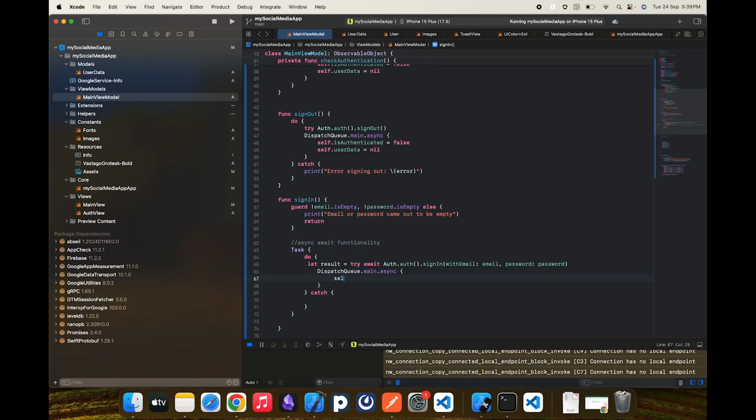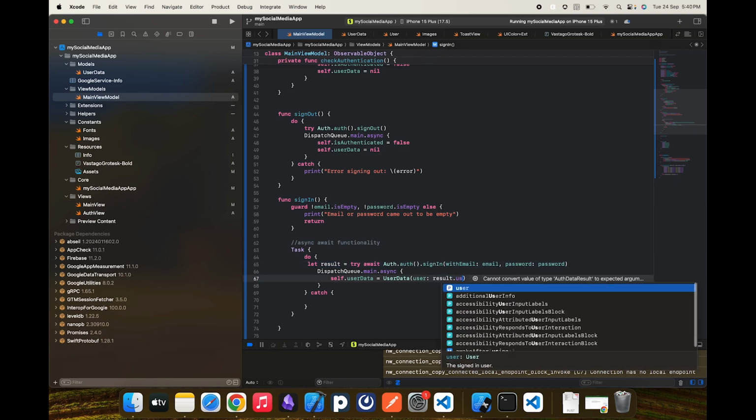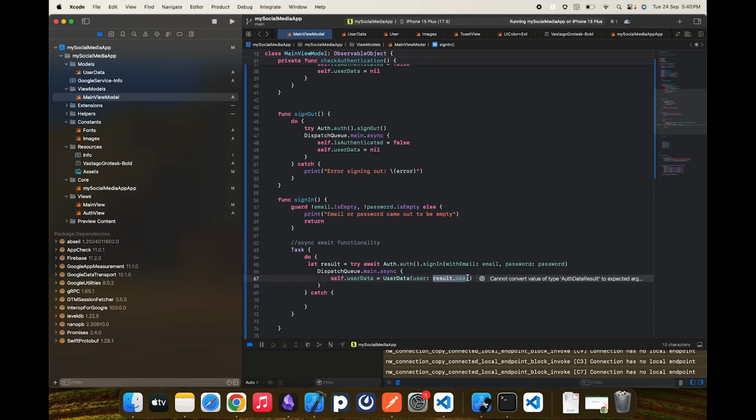Now what we do here is self.userData, which would be equal to the user we get from here, or it gives us an auth data result. So I think the user should be a property inside the result. So there you go. Now that we have done this much, we change our is authenticated value to true as well,